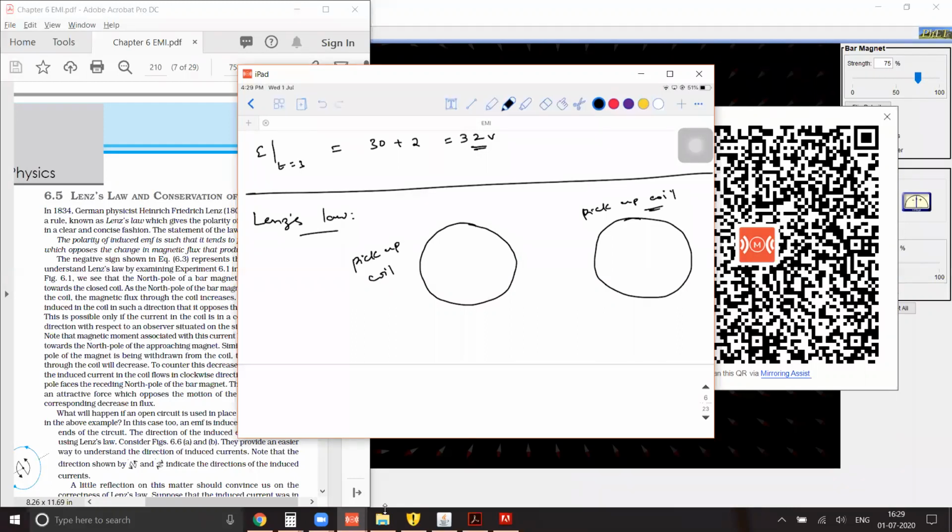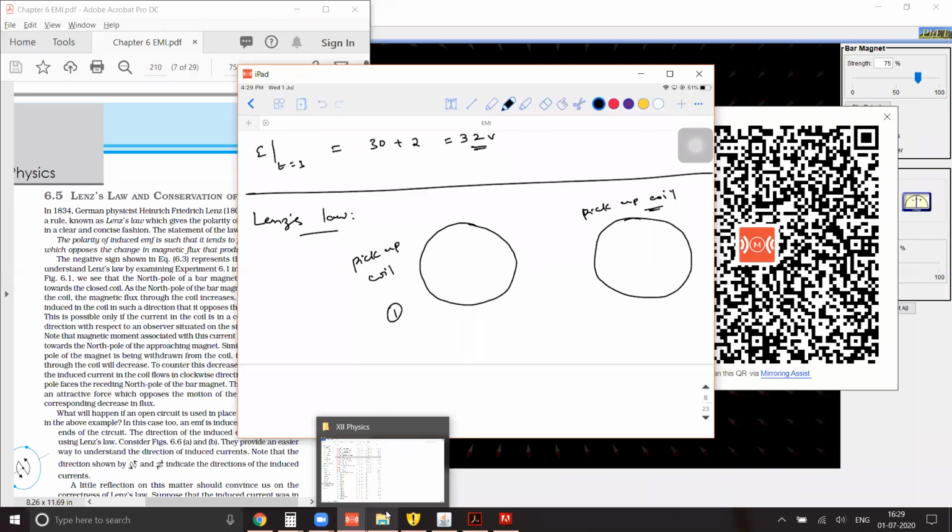From the top, I'm going to drop a magnet with its north pole towards the paper. I'm repeating it. Let's say you have a pen in your hand. The nib is the north pole, the other end is the south pole. You have placed the nib towards the paper and you have dropped your pen. Is the flux through the first coil, and I'm talking only about the first coil, increasing or decreasing? Increasing. It increases, right?